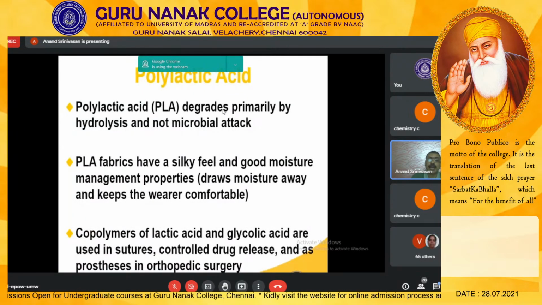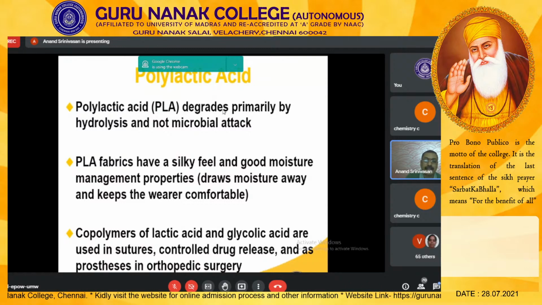Then polylactic acid, this is one of the forerunners as far as industrial applications are concerned. In fact, one of my recent PhD students defended successfully for his PhD work last week. He has carried out the entire work on polylactic acid. In fact, we got a patent from Anna University yesterday, that was finalized. So we made a wonderful industrial product using polylactic acid, which is used in the form of coated abrasive, which I'll be talking about later.